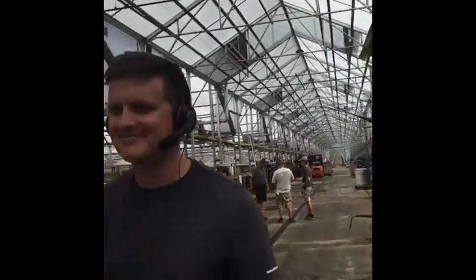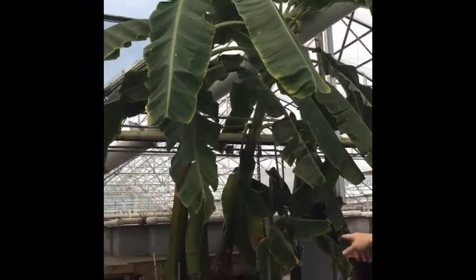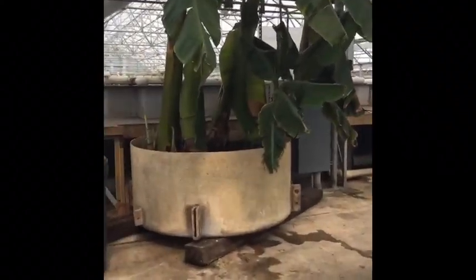What made you put banana trees in here? Banana trees actually do really well in aquaculture farms, and they can grow every year. In fact, you see some shoots of some new trees growing at the base,